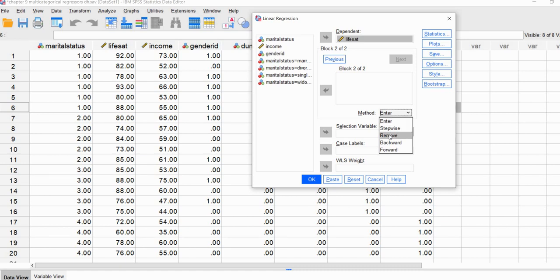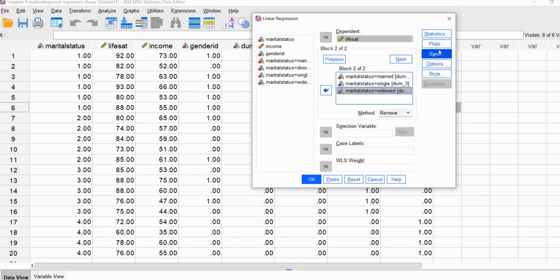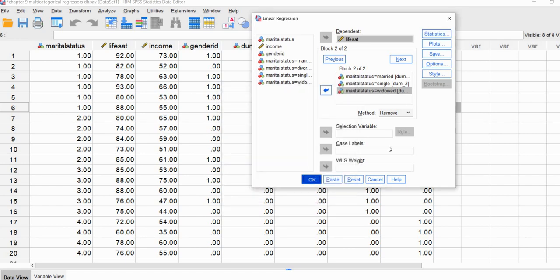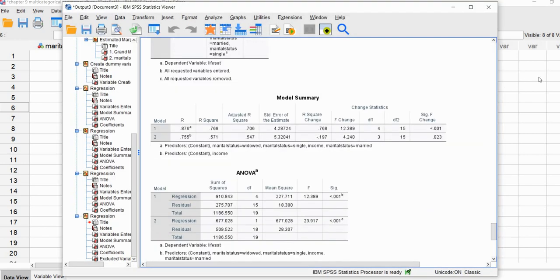This block is going to include variables that we are going to be removing. So what I want to do is remove my dummy variables. I'm going to remove the married, the single, and the widowed dummy variables, and then we're going to go to Statistics and click on R-squared change. When I click on Continue and then on OK,